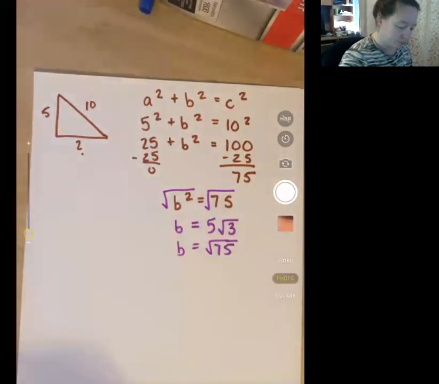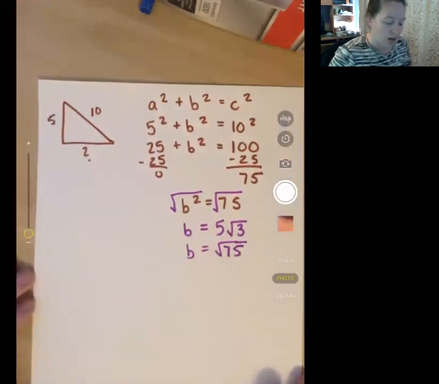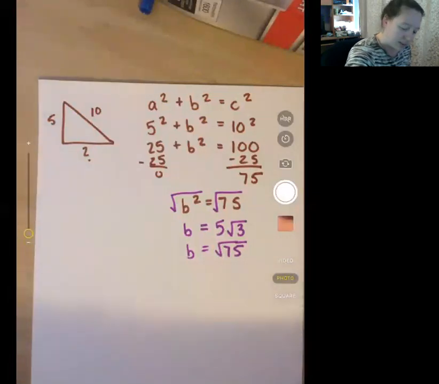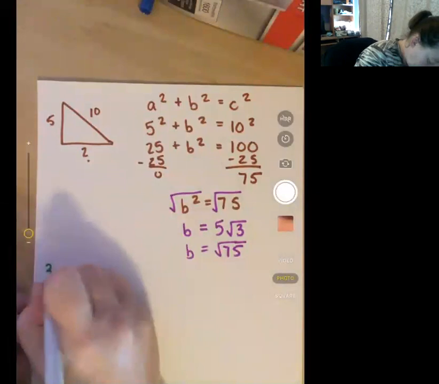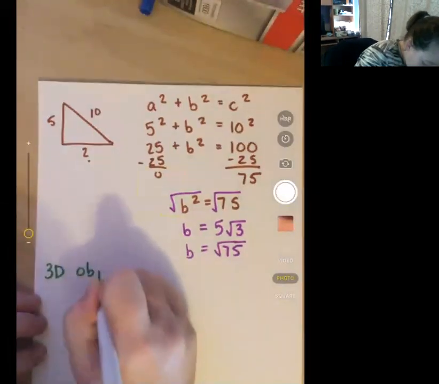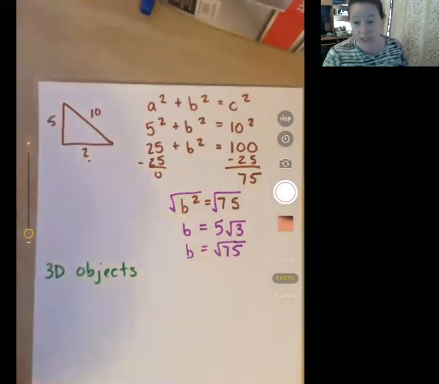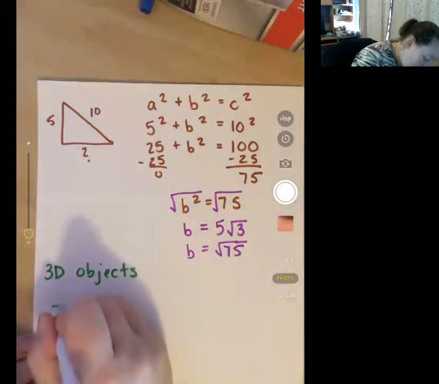All right. So now it wants us to know how to do it with a 3D object. The other thing that we're doing in this section is 3D objects. Now, they talk about 3D objects, but really all they mean is rectangular prisms. So they mean boxes. So if I have a box,